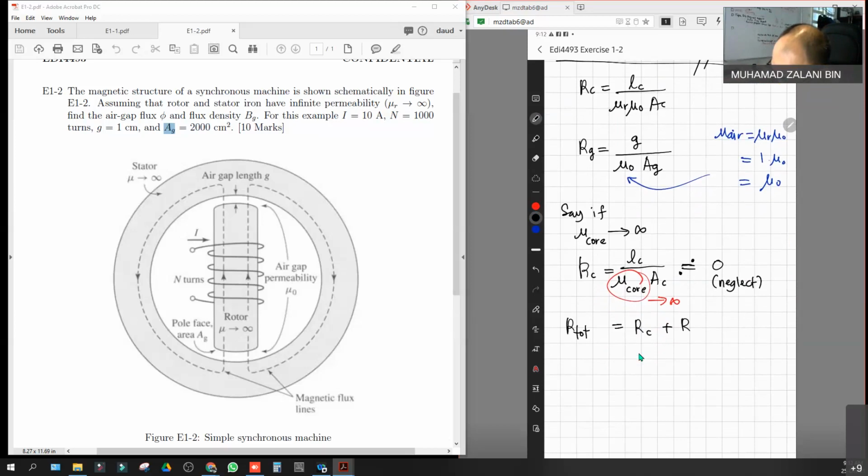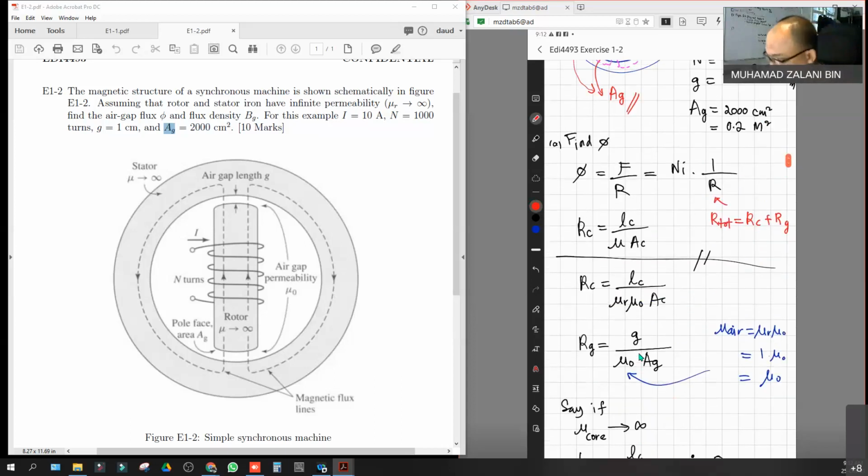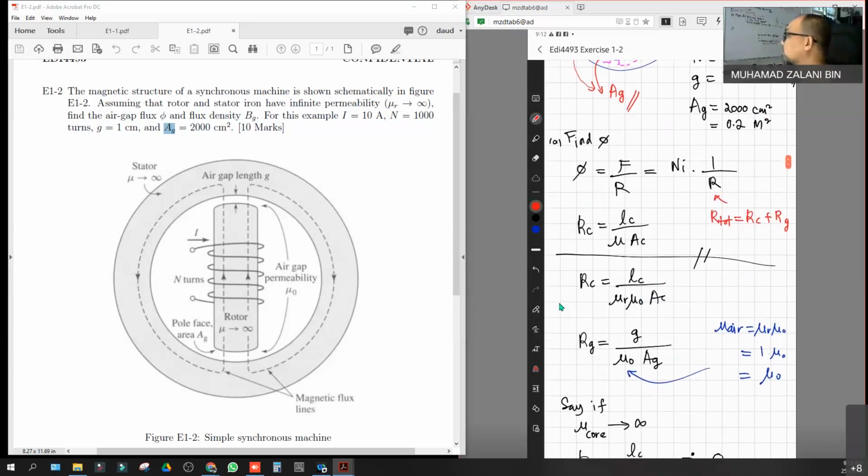RC plus RG. So this machine is actually dominated by the reluctance of the air gap, meaning that this is 0. So our R is RG in this case. So moving on to the equation just now, the equation that we want to find, phi, F by R, okay, equals to Ni times 1